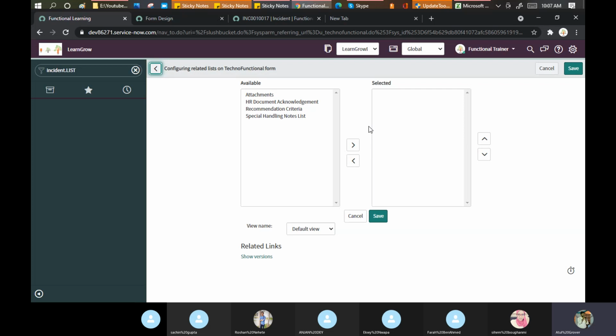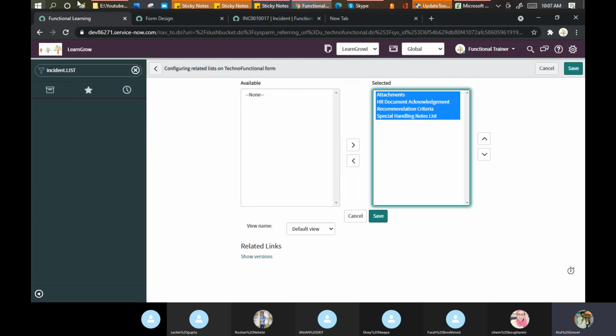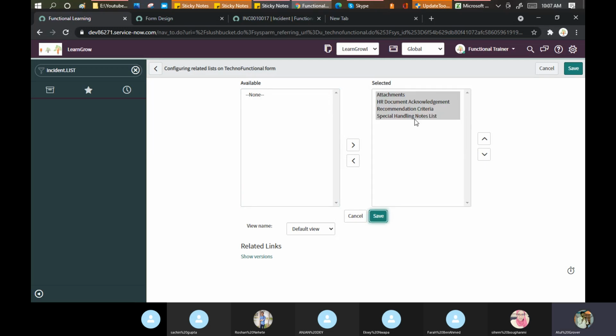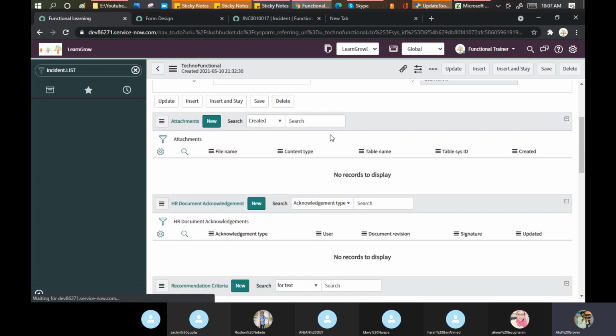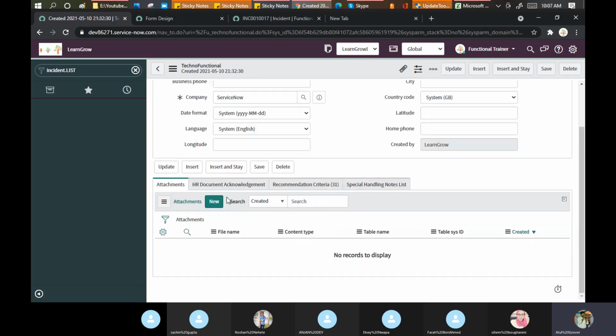So you can add a lot of related lists here. As of now, I can just add these four. I'm not sure whether these are visible or not because HR is not the right place for this one. Okay, now I can see, yes.